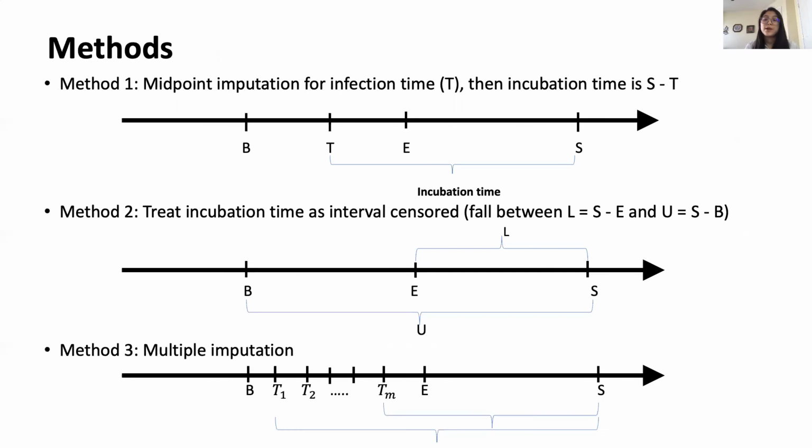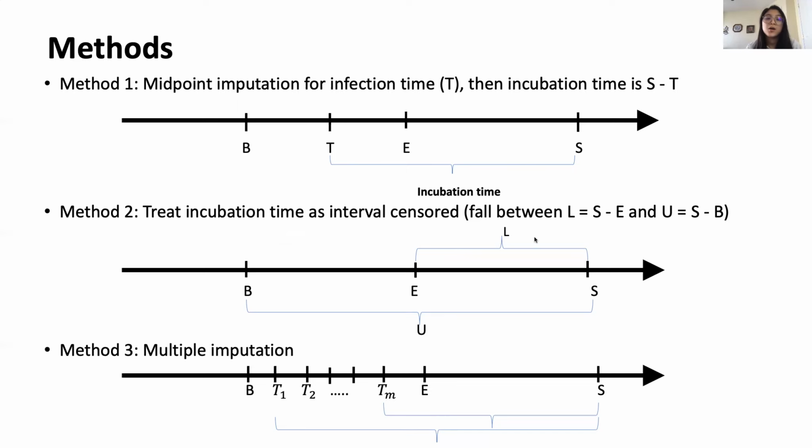We considered 3 different methods for incubation period using regression analysis under Cox proportional hazard model to evaluate the association of age and gender with the incubation time of COVID-19. The first one is the method of midpoint imputation for infection time T, and then we estimate the incubation time as S minus T. The second method is to treat the incubation time as interval censored, that we know the